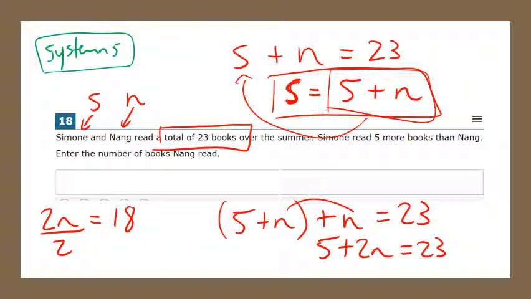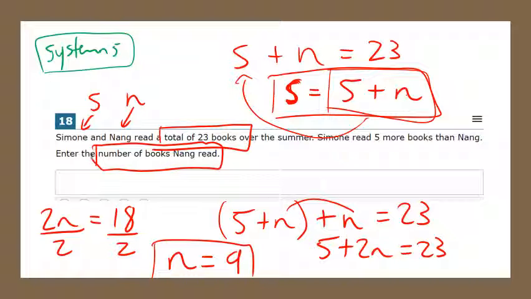And my last step is to divide both sides by 2. So I get N is equal to 9. Now before you start plugging this back into one of your equations up top, realize that you have already answered the question, because all it's asking us for is the number of books Nang read. And since we know that N represents the number of books that Nang read, we've got our answer, which is 9. So this is another systems of equations problem. The hardest part, again, is trying to make sure that you're able to construct your 2 equations. Cool, so that brings us to the end of